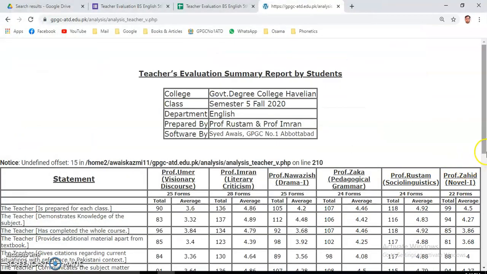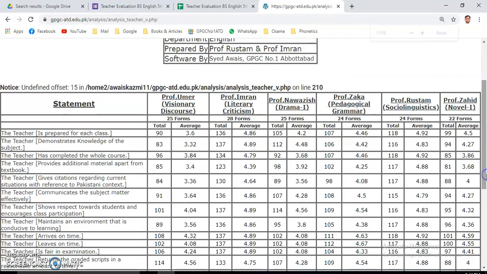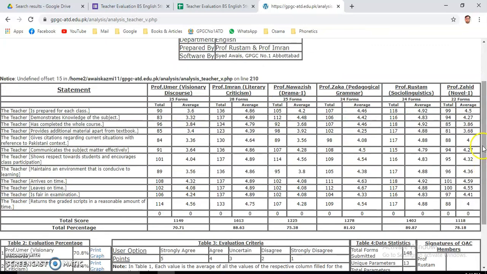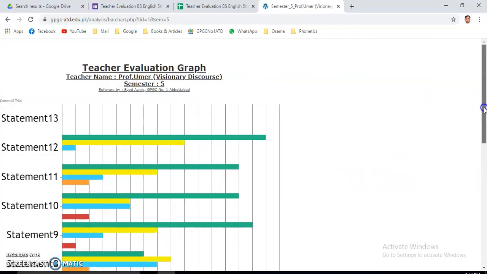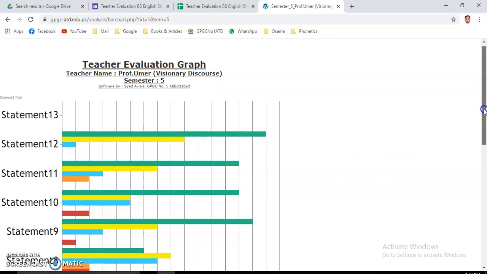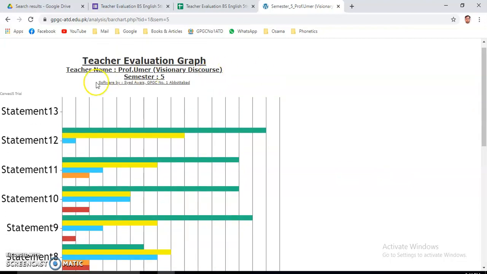If you want to generate even graphs, as you can see, print graph. Usually I don't print a graph, I just print a PDF file, but you can even print a graph. When you click on this, you can see the teacher evaluation graph, and this graph has been generated only for one teacher, Professor Umar, who teaches visionary discourse.